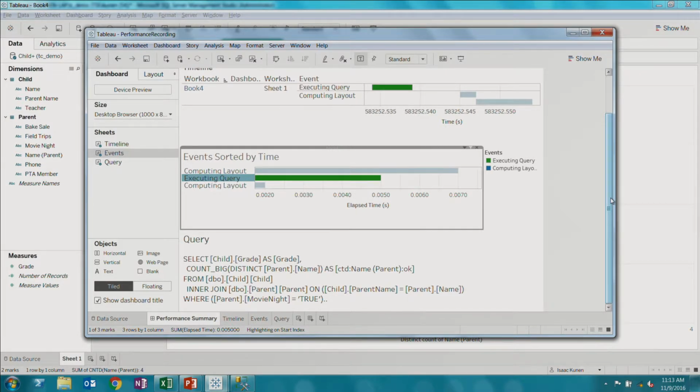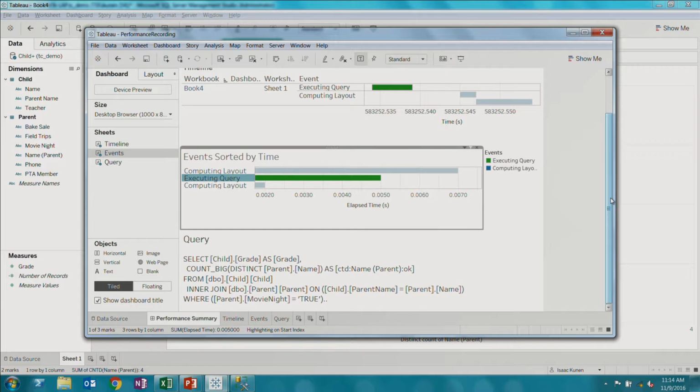There's a bunch of goo around it, all these square brackets. Those sort of help protect the names. They're not keywords in SQL if they're wrapped up this way. What did I select out? I selected the grade as grade, and the count. And here they're using count big. That just uses a larger integer. It's the same thing as our count. Count distinct of name from child, join, parent, on, parent name equals the parent's name. That's exactly the query we had, the filter. Right? It's decorated a little bit more to make sure that it's run safely, right? But it's exactly the query we ran.